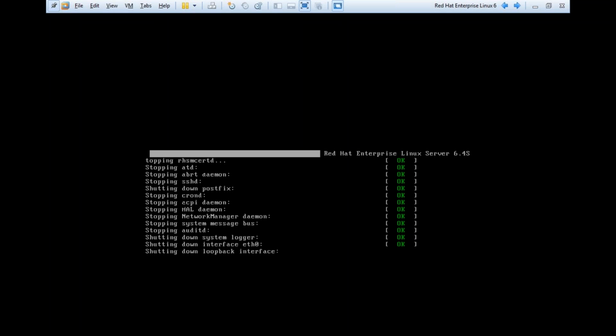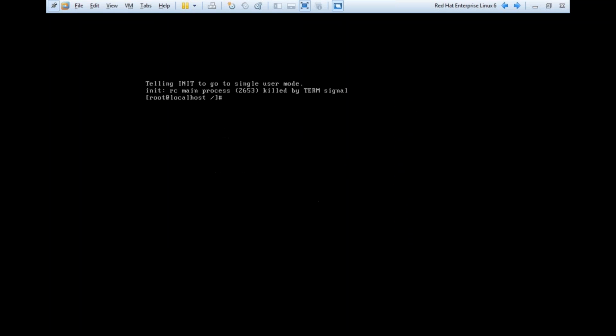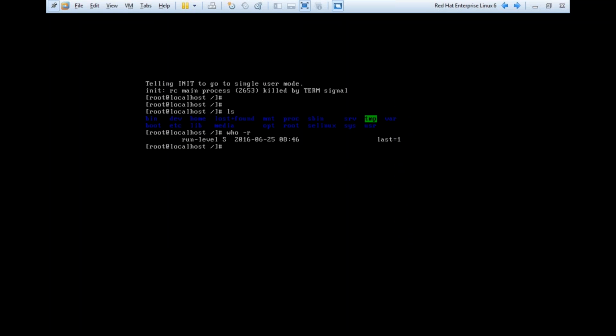See, the screen will be like this only. There is no GNOME desktop and all those. Everything you can access or work on is like this. How can you come to know whether you are in single user mode or not? Type who space hyphen r. See, system run level 1. Otherwise, run level. See, you are now in